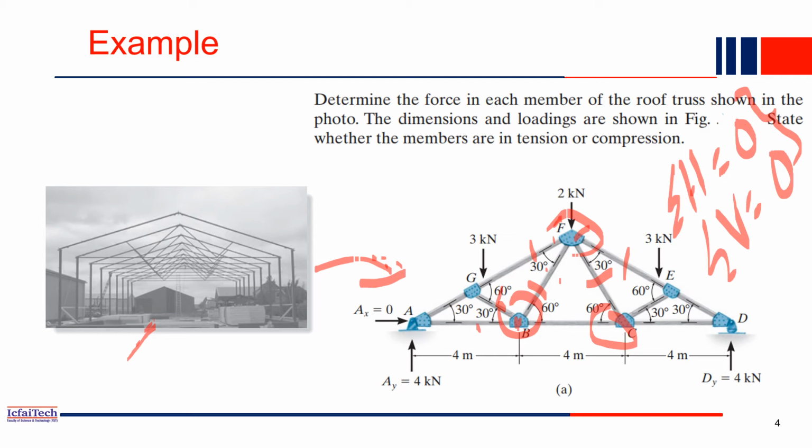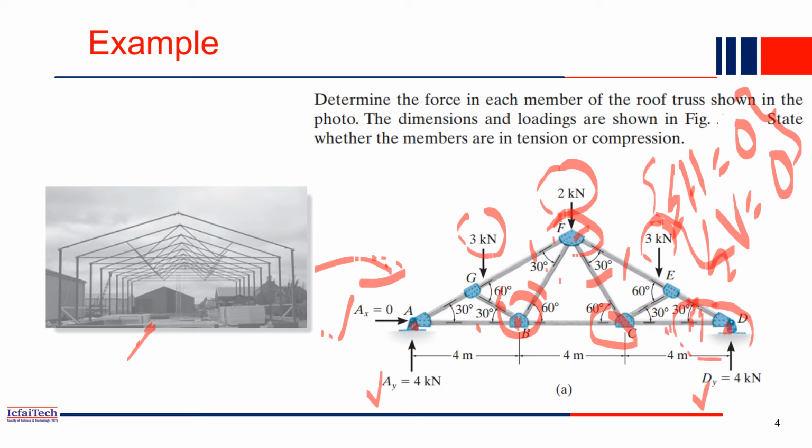So which direction do we have to go? We have to go to either this one or this one. Why? Because external loads are already given to you. So using external loads, first we compute the support reactions. Once we know the support reactions, then here we know the force, and the other two bar members are unknown, so we can use two equilibrium equations and compute the forces in both bars.